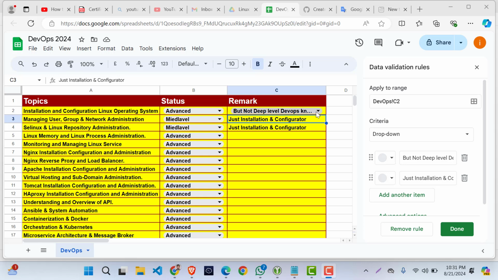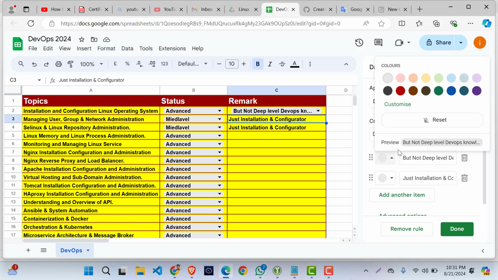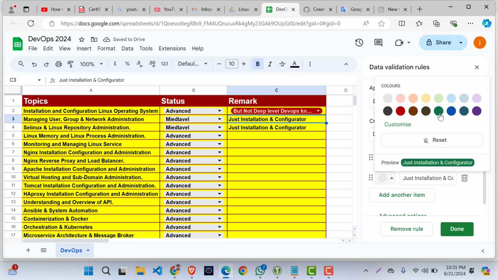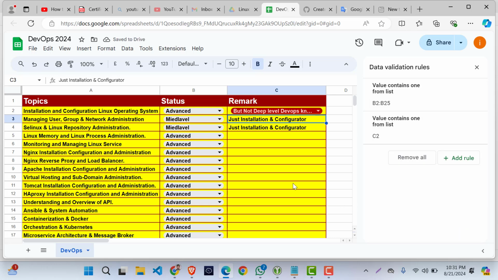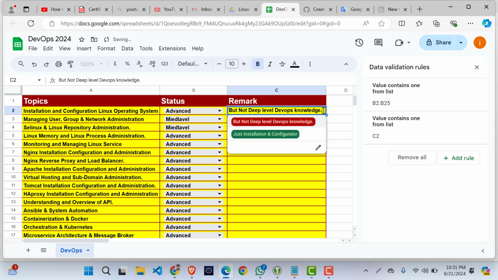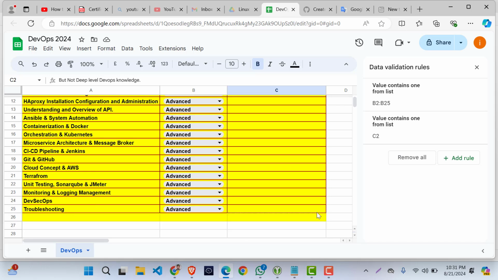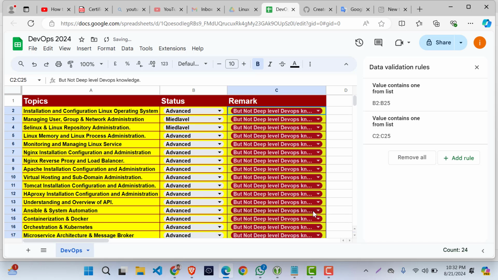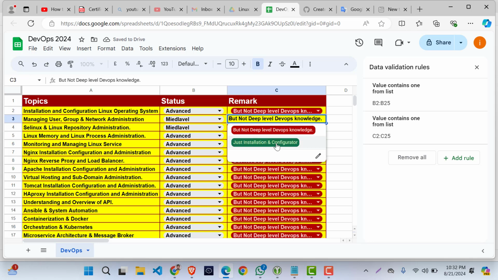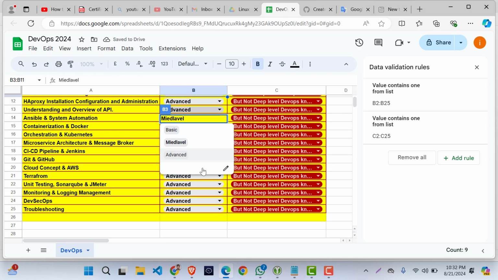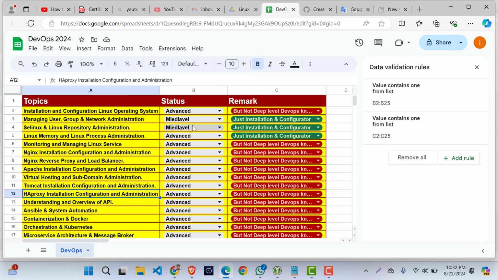Here we are, drop-down menu, select color. Now we are going to select red, your favorite color, but I have selected done. Now just remove and select here all. Here we configure the drop-down menu, but here it does not make sense because we are again